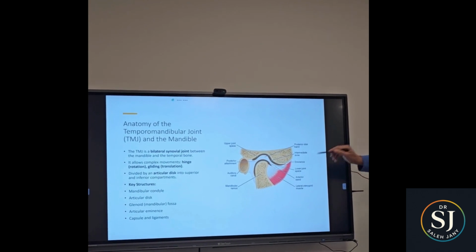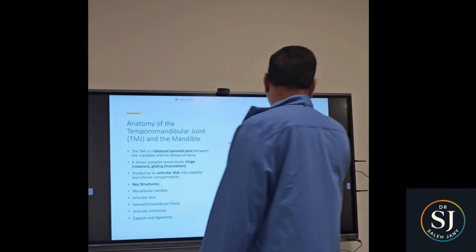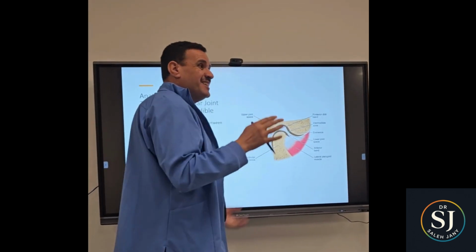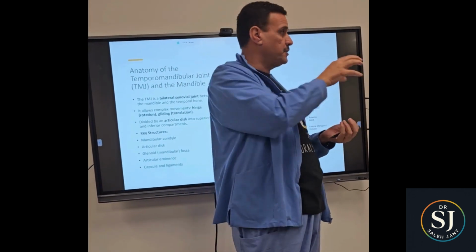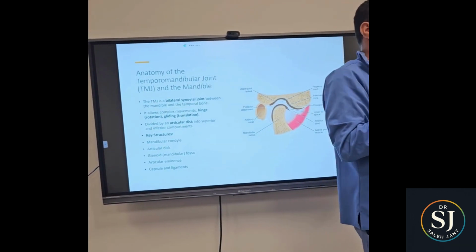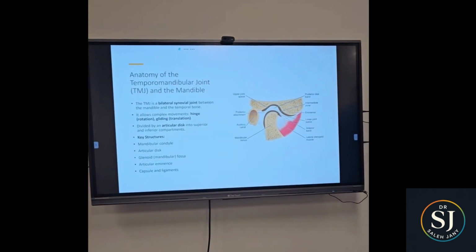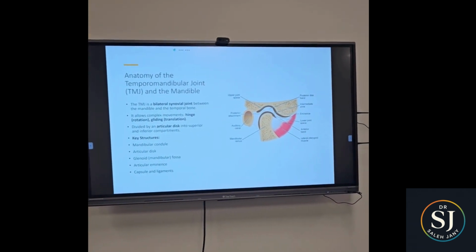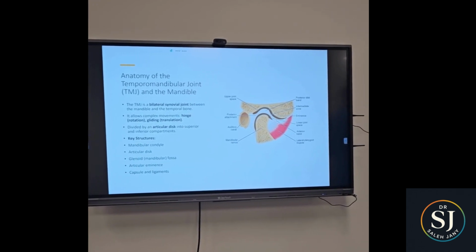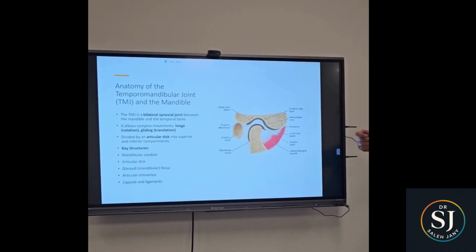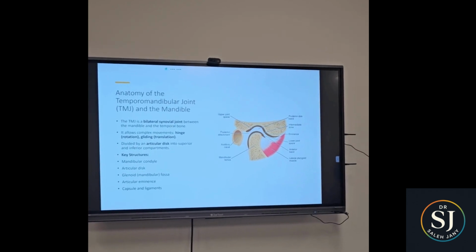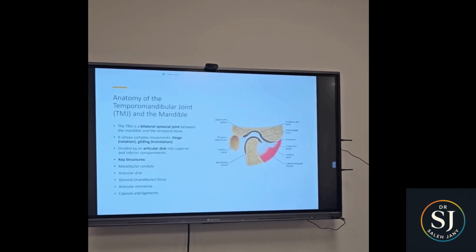The disc movement is opposite to the movement of the condyle head. And actually, the lateral pterygoid muscle is two muscles. The superior head controls the disc movement, the inferior head controls the condyle movement. And this is the only muscle that opens the mouth. There's the suprahyoid muscle that can aid in opening the mouth, but the lateral pterygoid muscle is controlling the movement